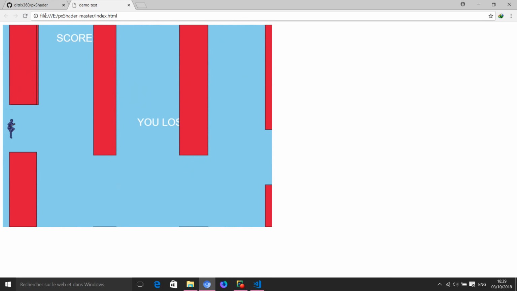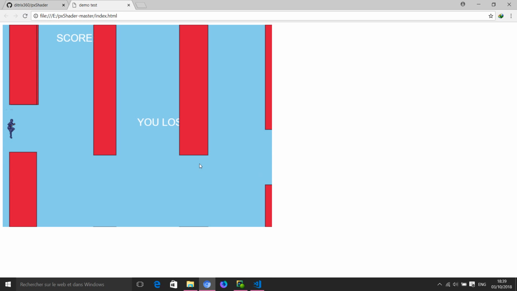The only problem with this game is that you cannot see the score, and the text is just behind the element that you are not supposed to hit. So it's really some bug.